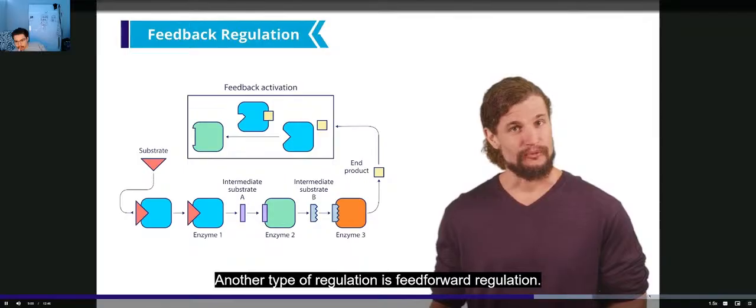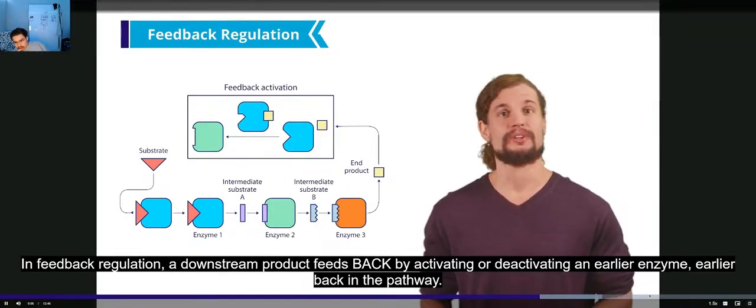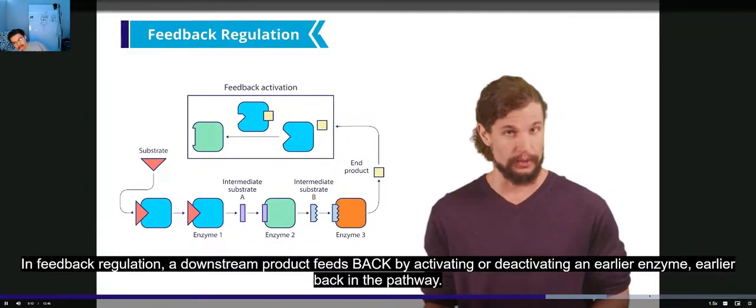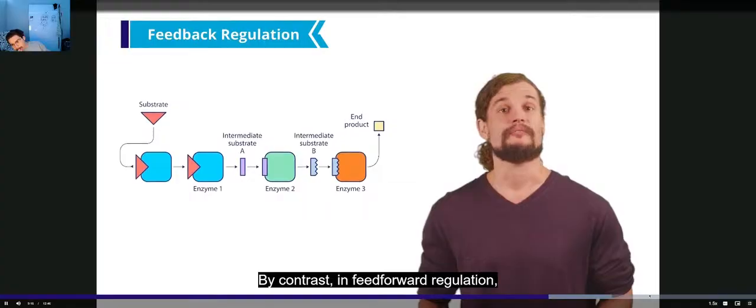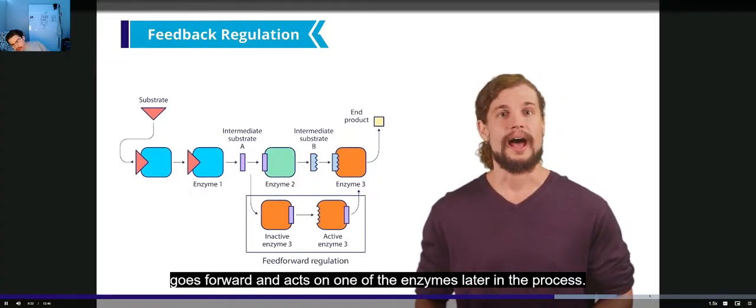Another type of regulation is feed-forward regulation. Compare these two names for a second. In feedback regulation, a downstream product feeds back by activating or deactivating an earlier enzyme, earlier back in the pathway. By contrast, in feed-forward regulation, an intermediate earlier in the process goes forward and acts on one of the enzymes